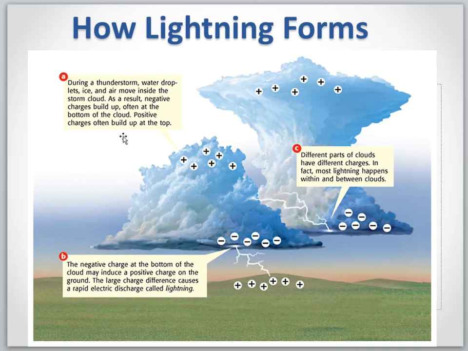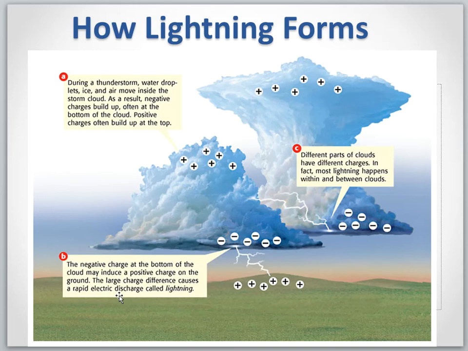Then this drives positive charges to the top of the cloud. As those negative charges come to the bottom, that induces a positive charge next to the ground. So that's a charge by induction between the cloud and the ground, and that builds up a really large difference in the charge,